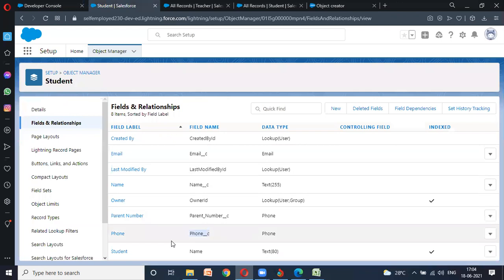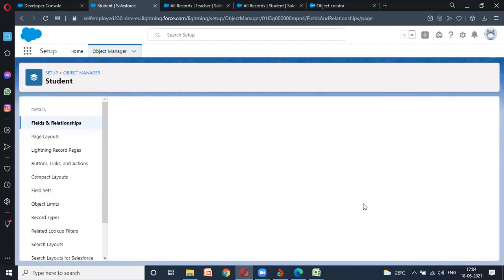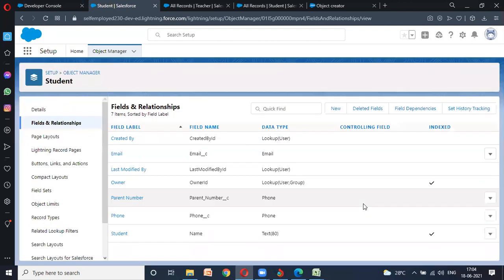Last but not the least, parent number. Okay, this is already showing two fields. Then I will delete one. So now previously it was two name fields, now it's only one. That's also fine.